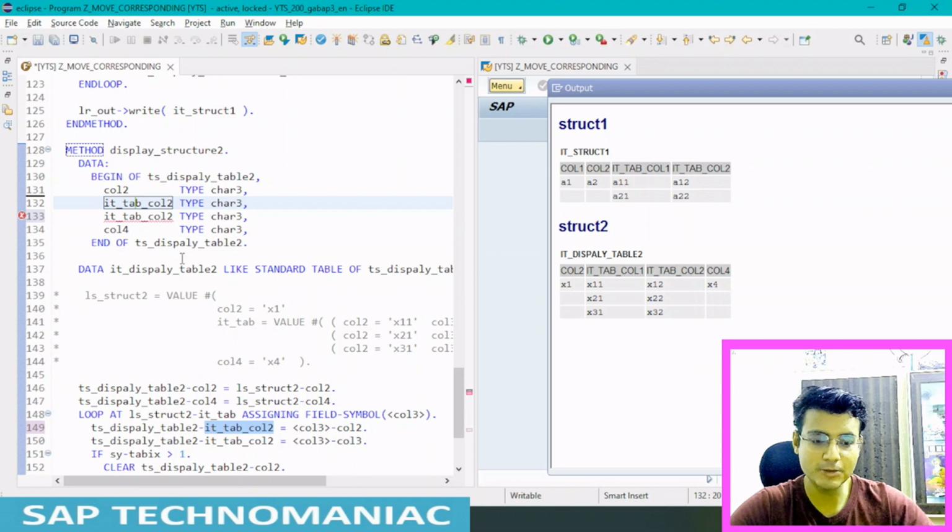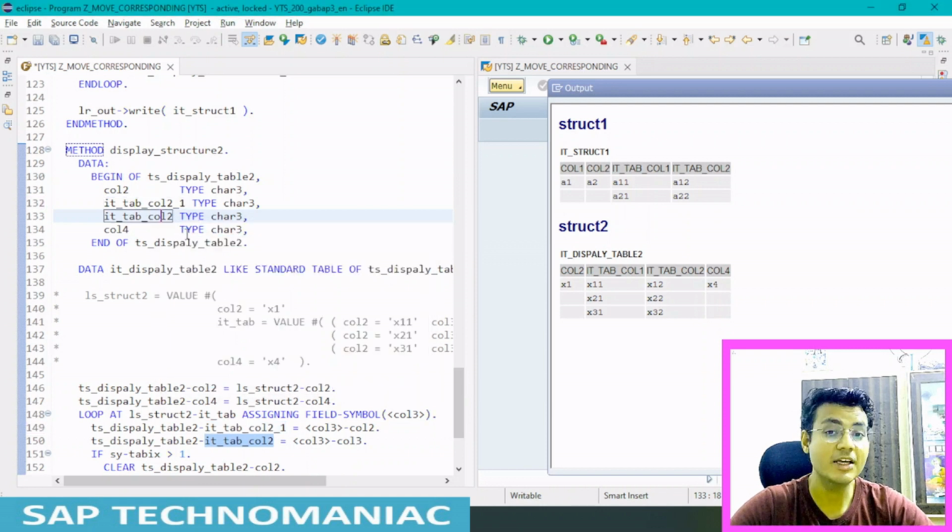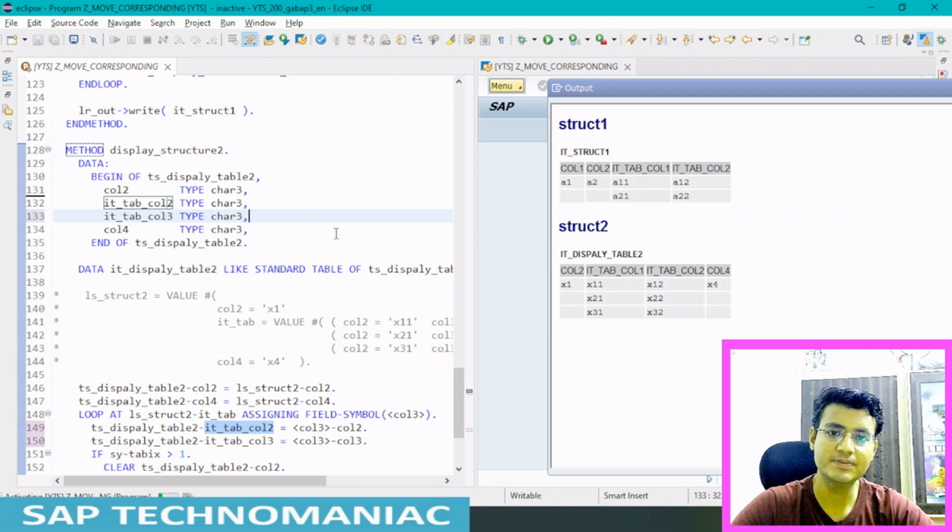Once again, column 2 underscore 1, Control 1, rename this one. There was an error, that is the reason we were not able to rename. I do first column 2 and column 3, and again I do Control 1, rename this one, and I want to delete this one. And let me activate with Control F3.